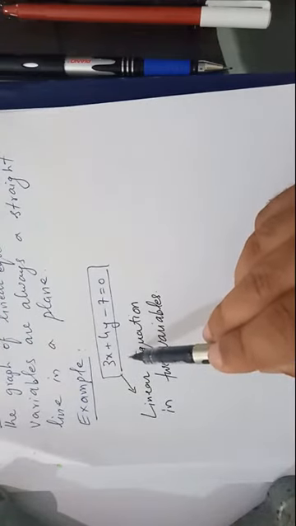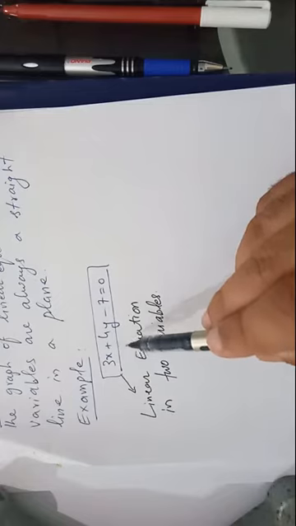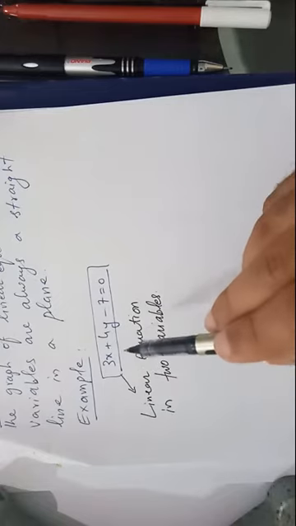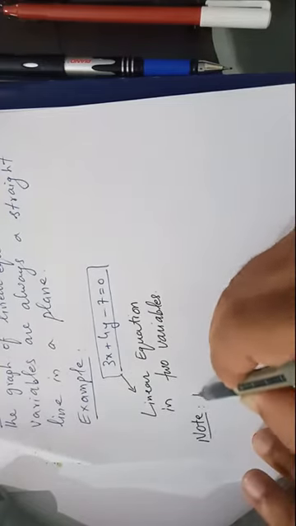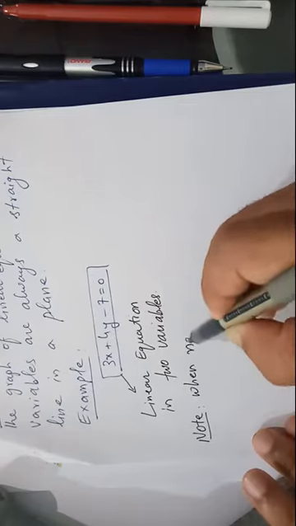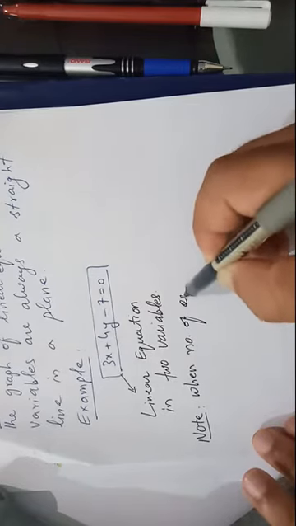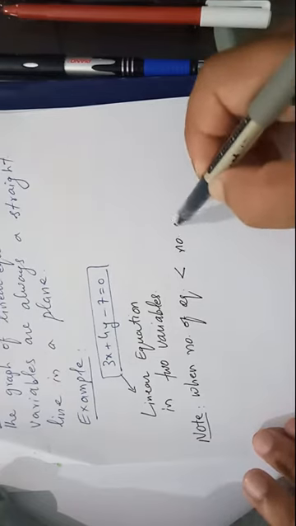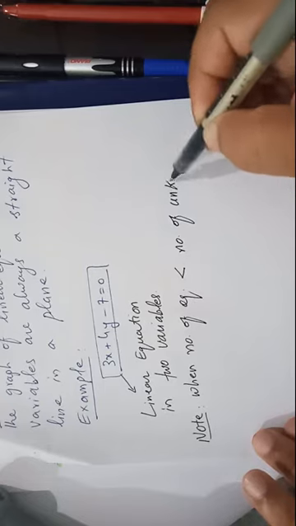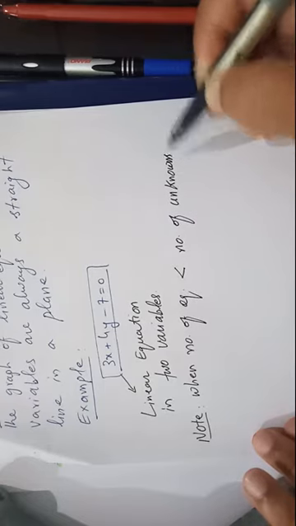So in this case, you clearly see that the number of equations is less than the number of variables. There are two variables and one equation. So this is an important note: when the number of equations is less than the number of unknowns, meaning variables,